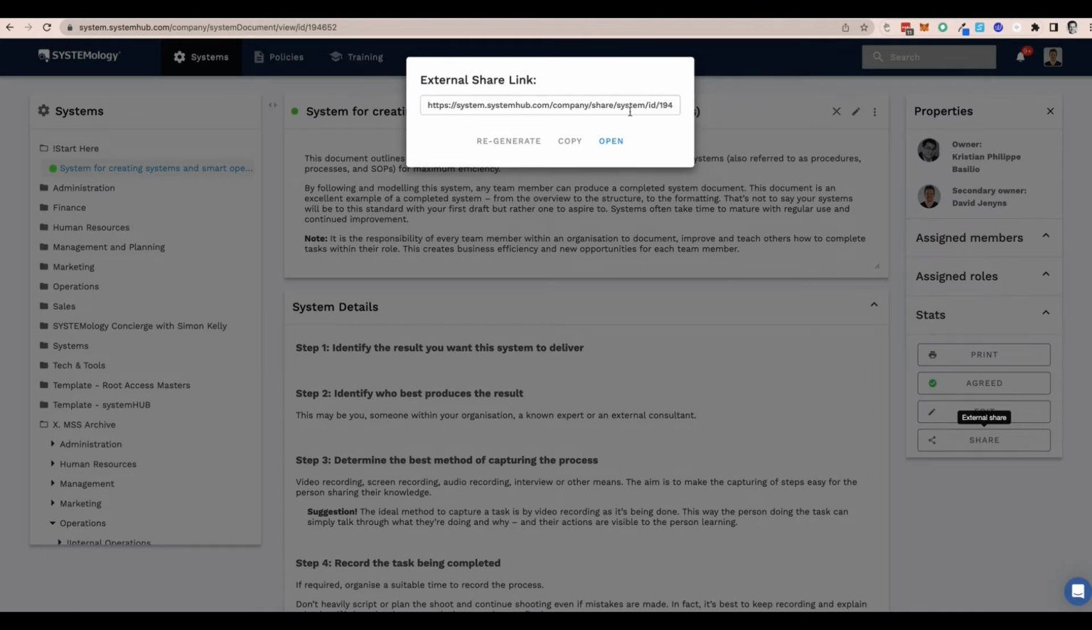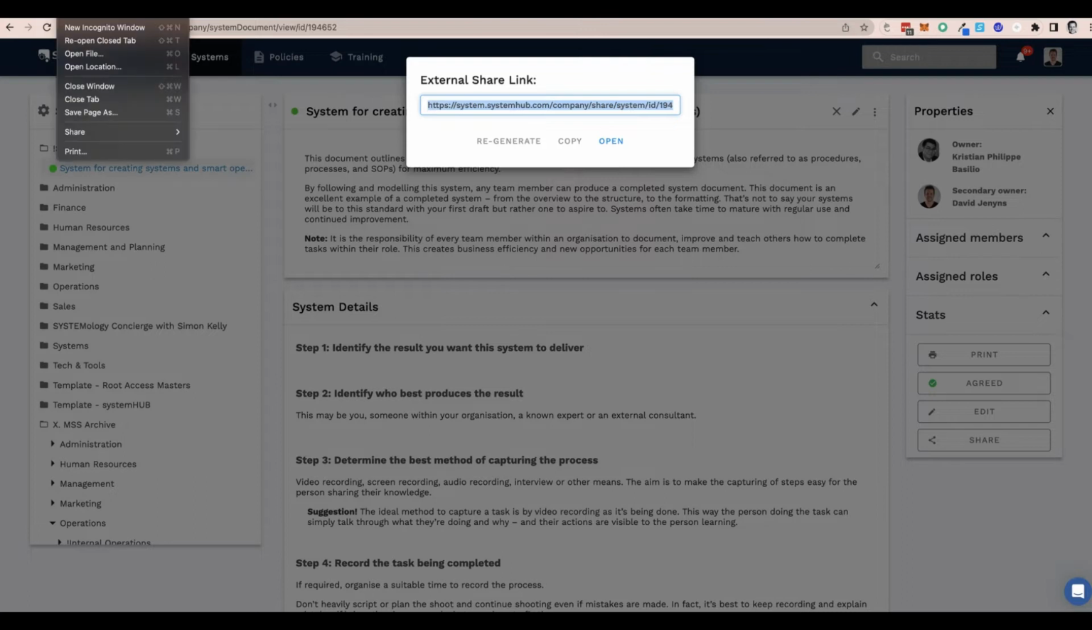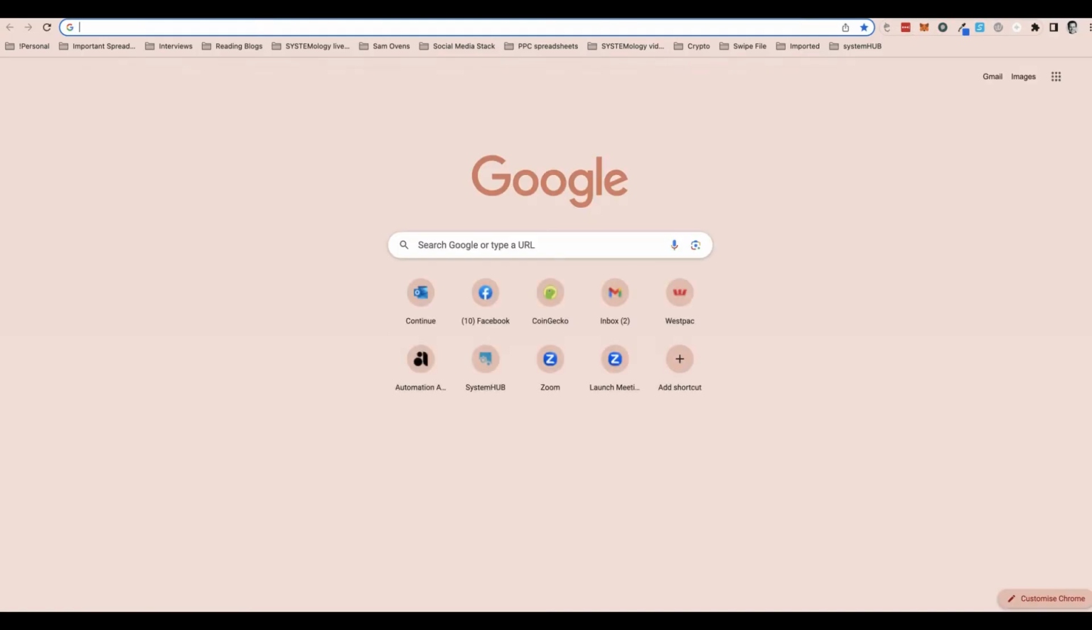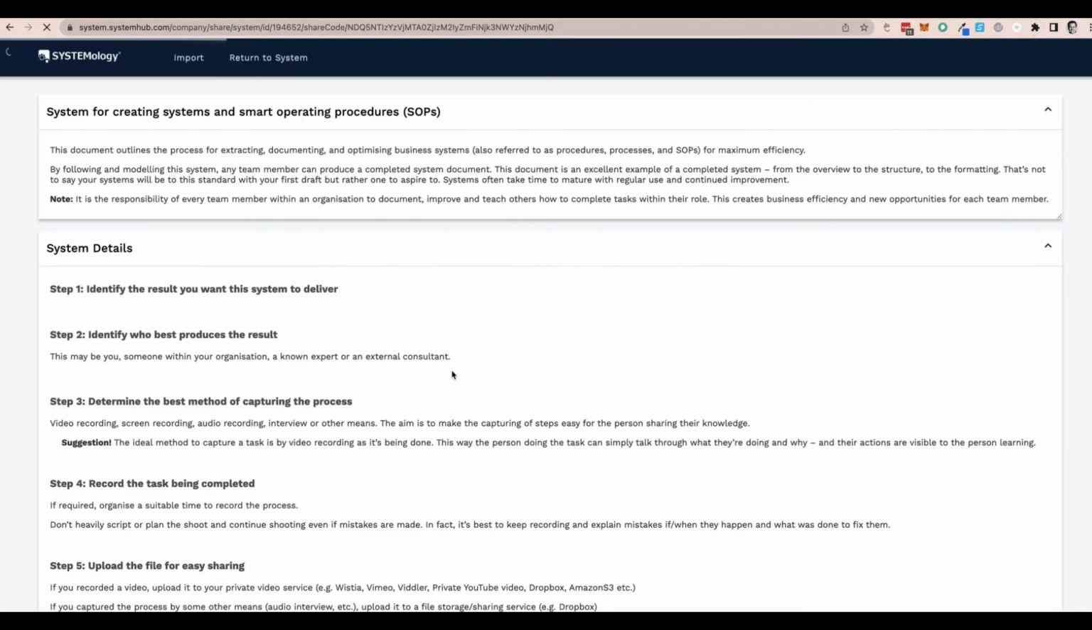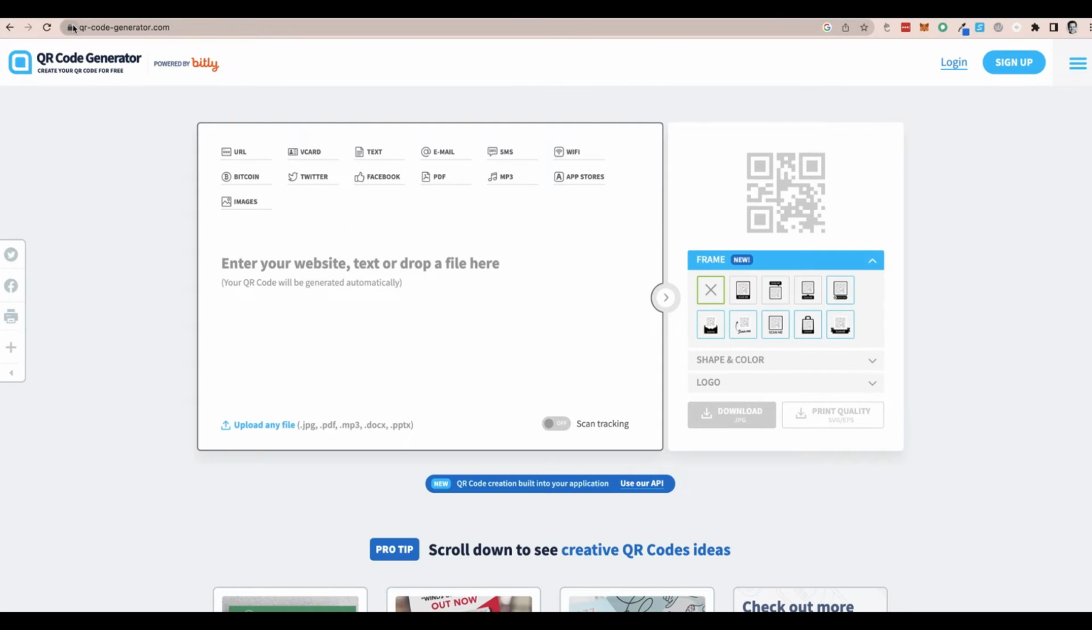And this is an external share link, meaning that you don't need to be logged into SystemHUB to see this particular system. So as an example, I'm going to go ahead and just open this in a new window here, and I'm going to copy that URL, and you can see this is what it would look like. Now you can take that external URL and head to something like